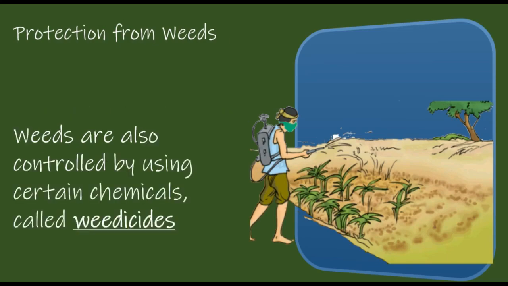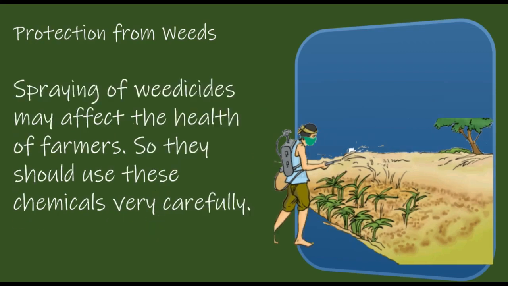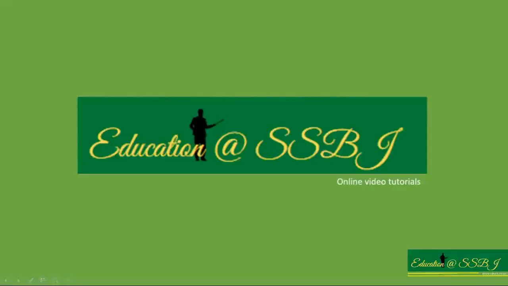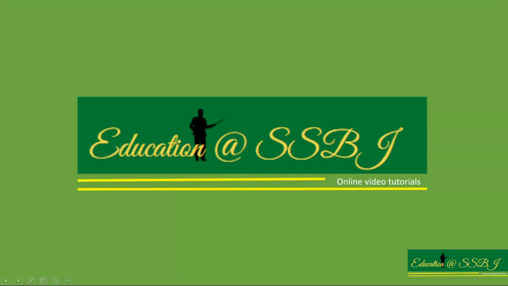And the chemicals which are used to remove weeds are called weedicides. But spraying weedicides may affect the health of the farmers. So they should be used very carefully. And here we have summarized, somewhat revised in brief, the contents of this unit,